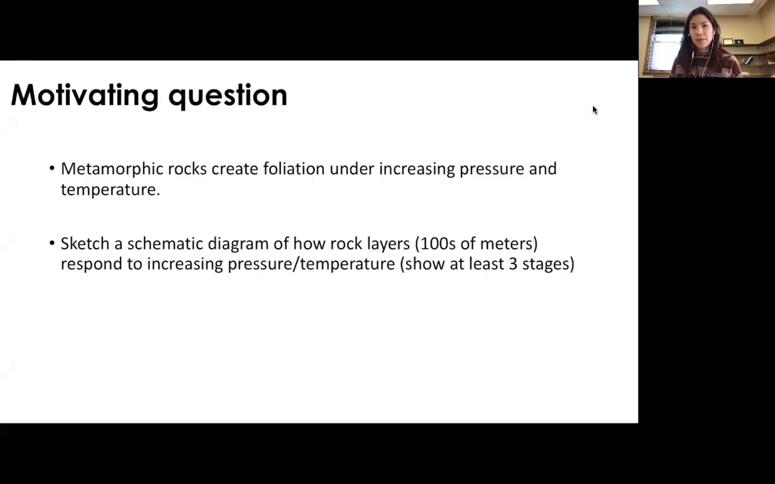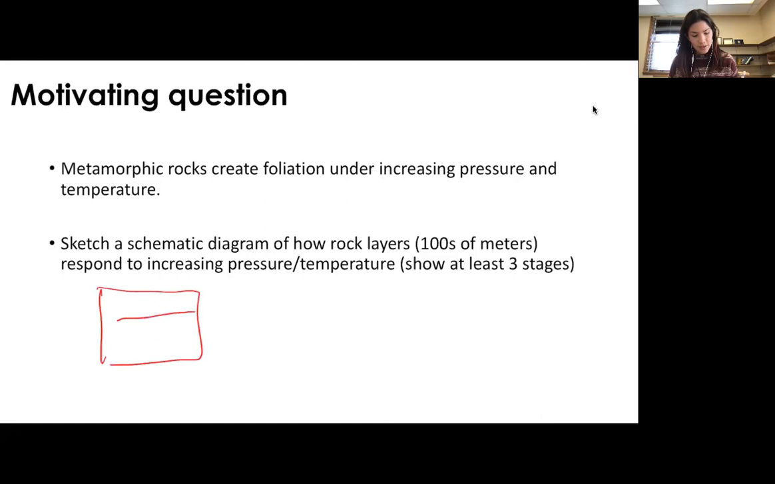Earlier this week, we talked about metamorphic rocks and how as pressure and temperature increase, they create foliation. Now, I'd like to bring this into a larger conceptual diagram of the Earth and the crust and think about how rock layers will respond to increasing pressure and temperature conditions. And I'd like you to show at least 3 stages. So think of one block of rock,